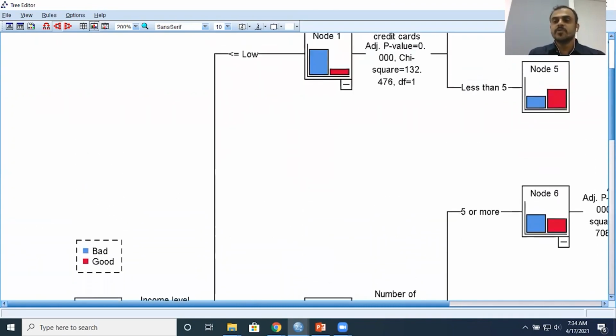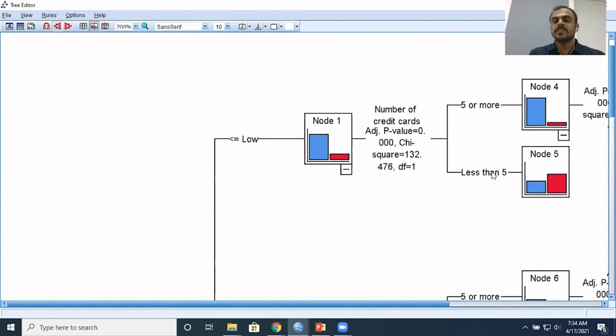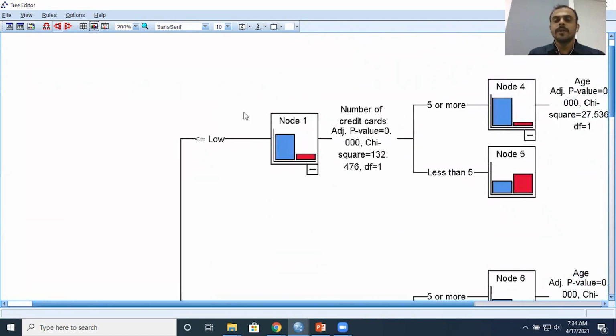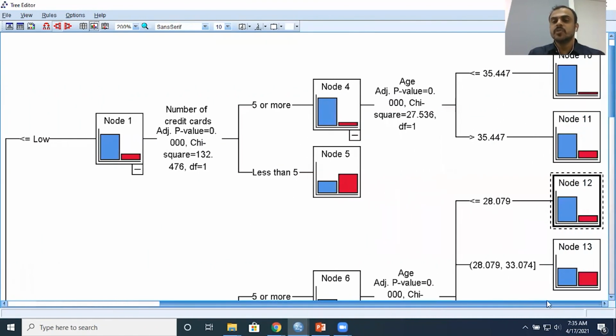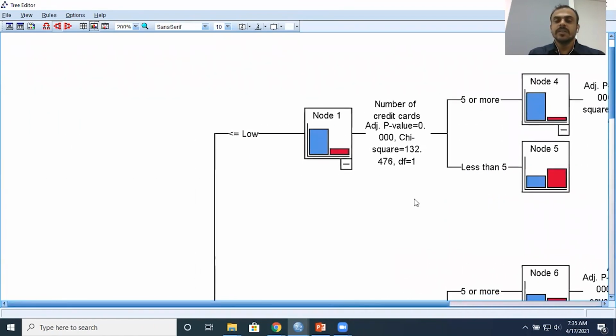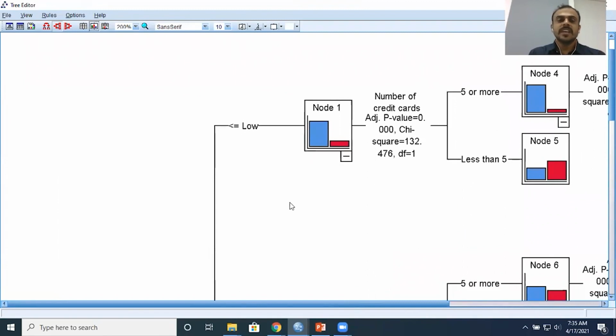Sometimes the clients absolutely love this kind of presentation because you're not making them work hard to interpret this, right? You can just say which is the model class here, either the bad credit risk or the good credit risk, correct? So you can just look at number of credit cards, 5 or more. You can clearly see that the blue colored category is dominating here. So this is the model class. So this is the majority class here, right? So you can interpret it through the charts as well.